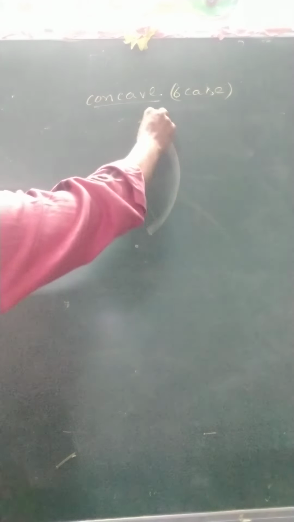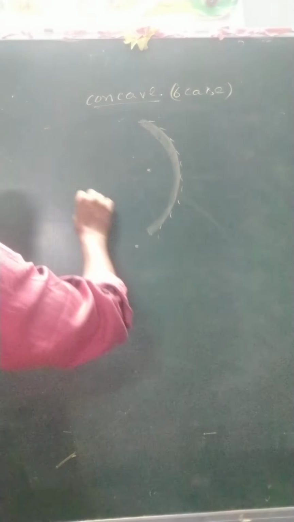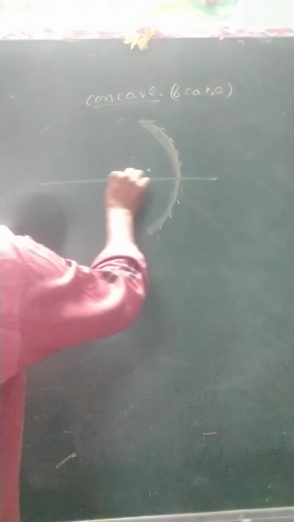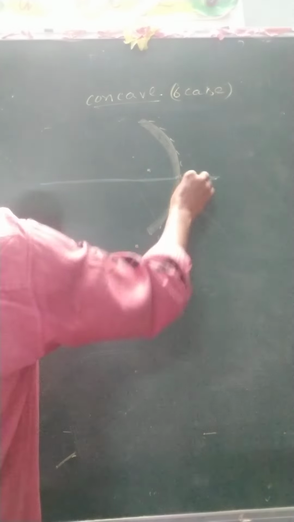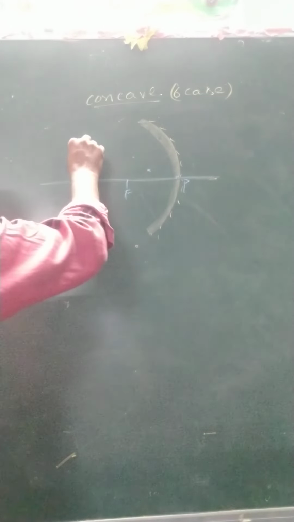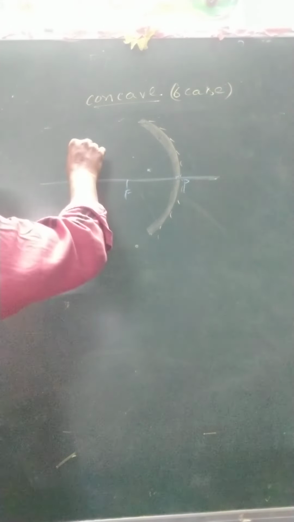After that we discussed two cases. Remaining 4 cases are there. Next 2 cases we discuss. This is the most important case. He is asking beyond C, and the next one is at C, mostly asked. So this line is the principal axis, with pole, focus, center of curvature. Where the object is placed exactly at C.